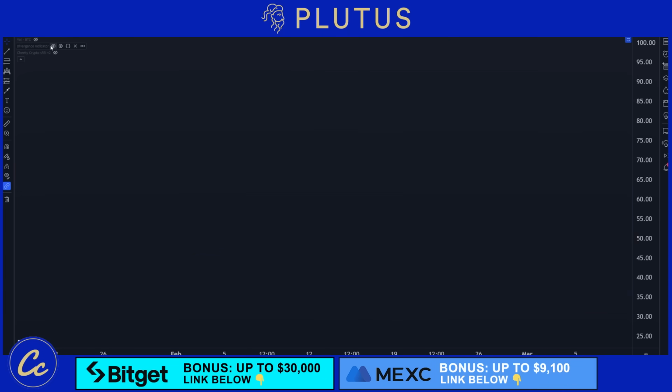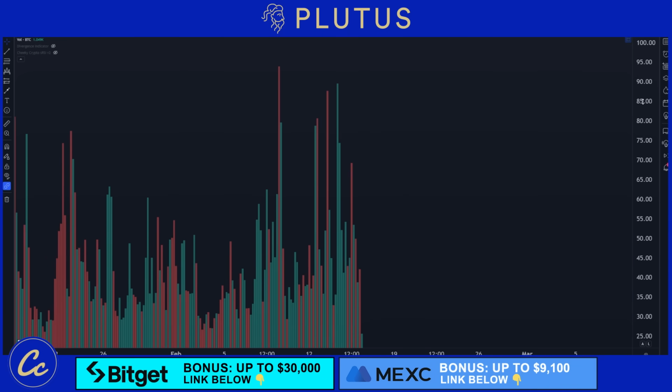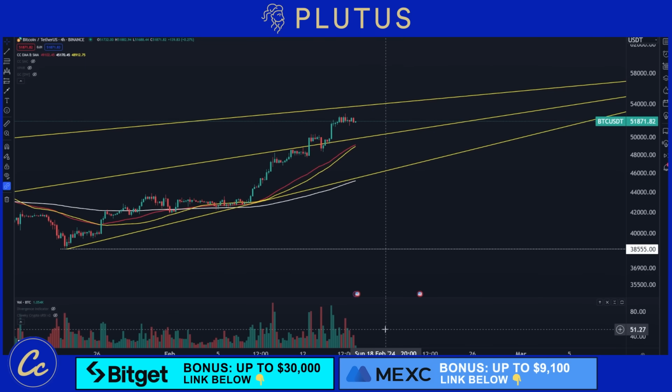Now, if we take off our divergence indicator and throw on our volume profiles, you can see here that there has been a pretty significant amount of volume coming in at times when the price has plummeted or pumped. Outside of those, we do not see terribly much. So for example, as price is cooling off right now, volume is dropping. This is giving me the idea that we are likely to see another surge up towards our trend line, taking us up above